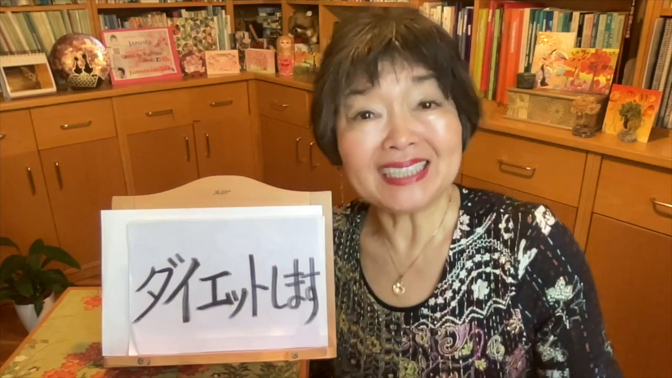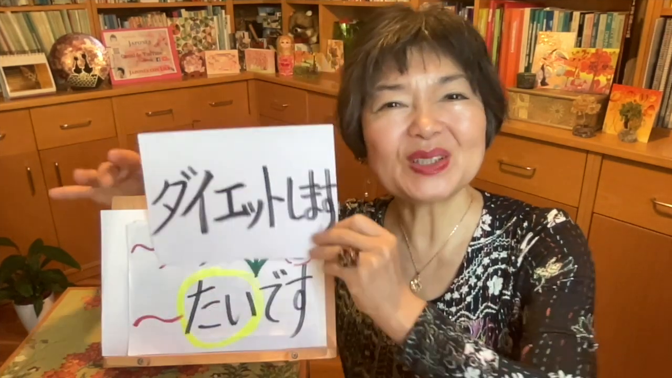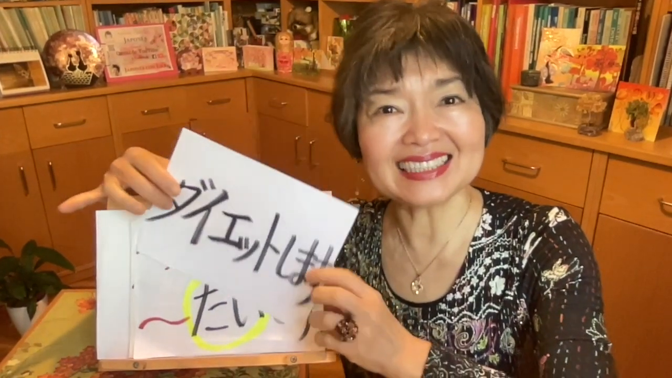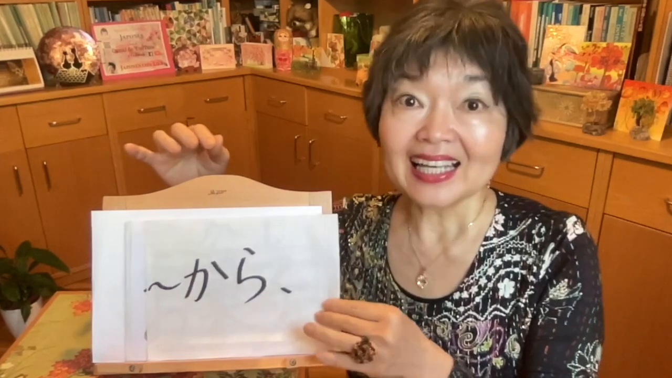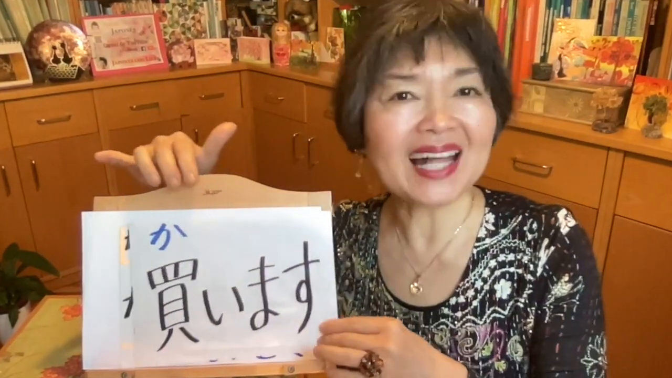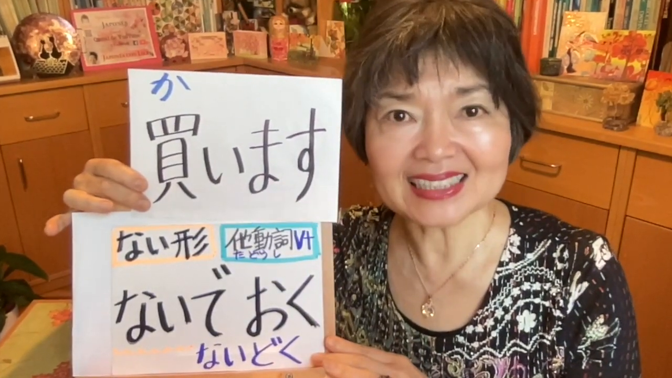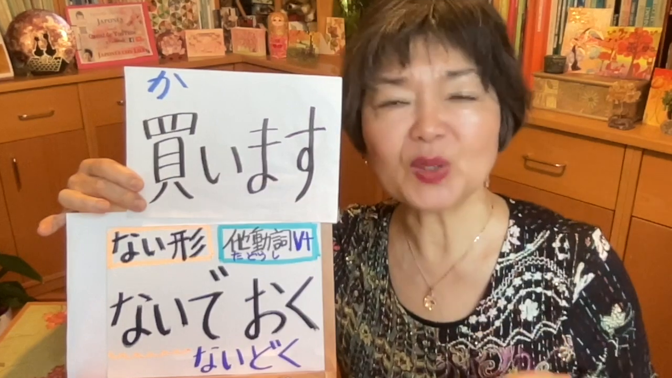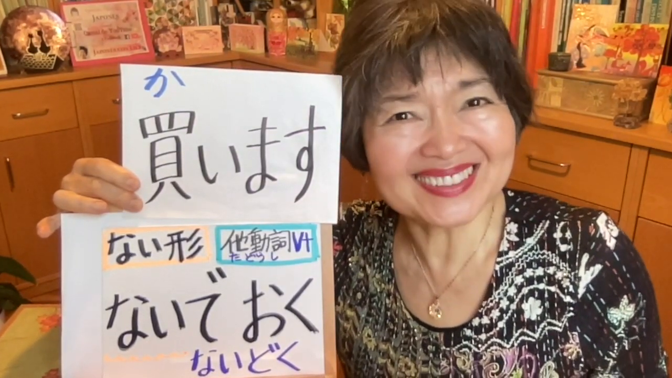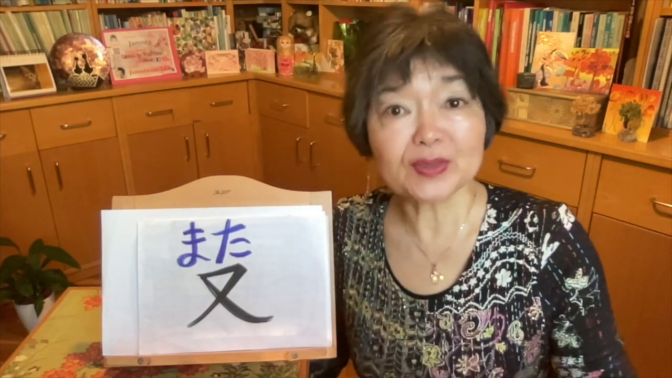As I wanna go on a diet, I'm not gonna buy snacks or sweets. This is a prevention, not buying any sweets. ダイエットしたいですから、お菓子を買わないでおきます。ダイエットしたいから、お菓子買わないでおく。